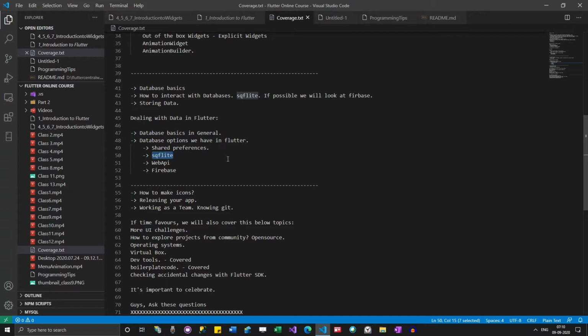Whereas when it comes to SQF Lite, you don't have to connect to it remotely, because they sit locally on the mobile phone. So in case your app needs some database which has to sit on the mobile phone, and it's not a centralized database, you can use SQF Lite.